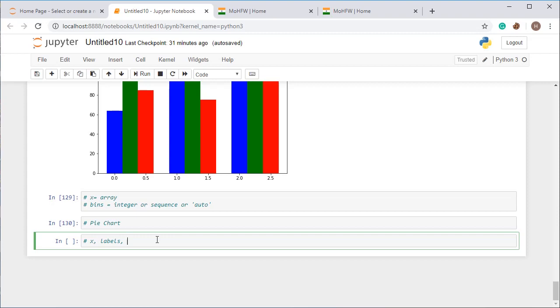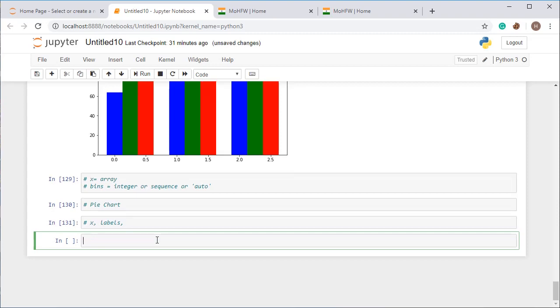And colors, you know this thing. Autopct is a string used to label the wedges with the numeric value. You can also represent them by numeric value, like by percentage. How many percent, autopct will set it for those things. Now I am going to show you the example. So let's come to the example. For that we have to just create a figure.